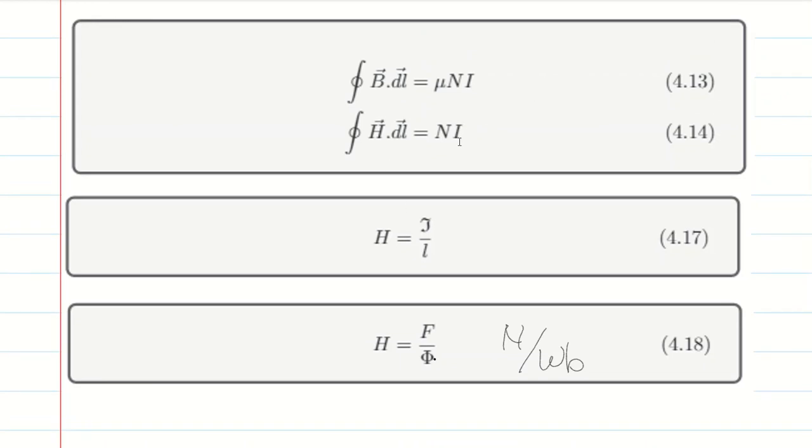Here, the unit will be the unit for H. What's the unit for H? H is the magnetic field intensity. The unit for that will be ampere turn per meter, because this is ampere turn for the MMF divided by the length in meters. Ampere turn per meter is the same as Newton per Weber. This is in MKS. In CGS, the unit for H we call Oersted, OE. And the conversion between the two, 1 OE